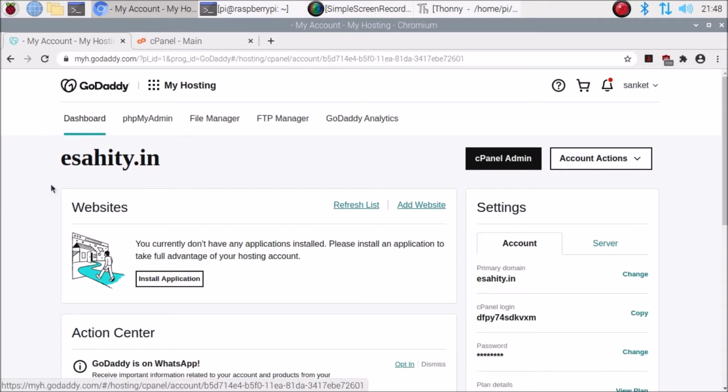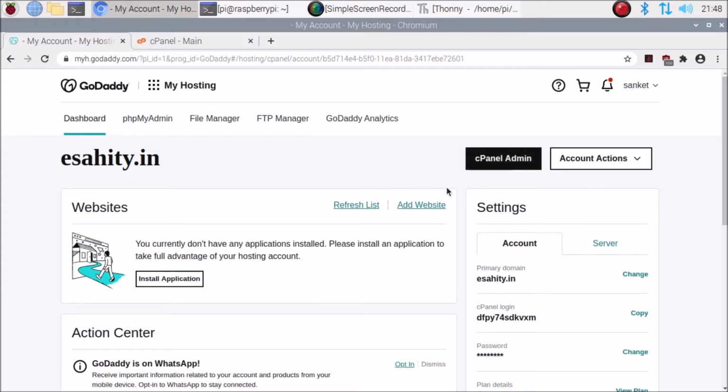On your dashboard you need to go inside the cPanel admin. This is the GoDaddy dashboard, and here it is, the cPanel admin for your hosting.